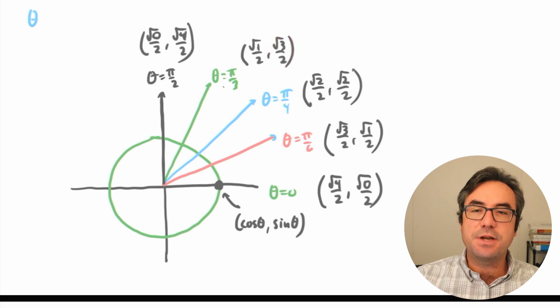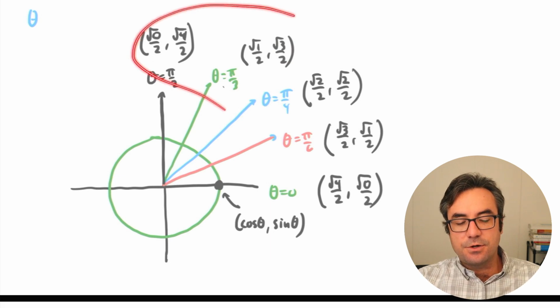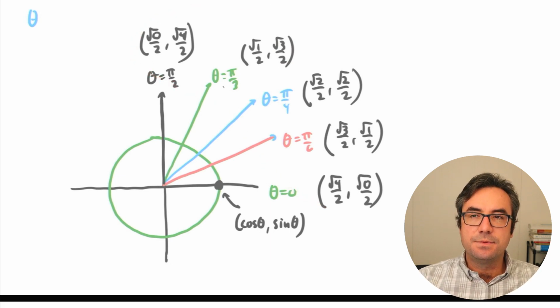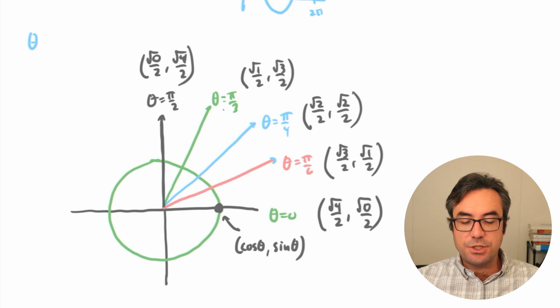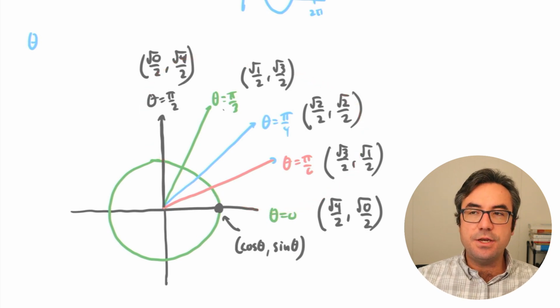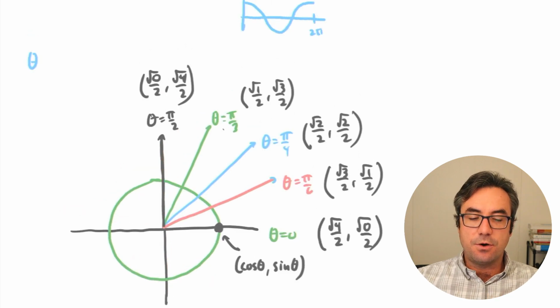So if you have a tough time remembering these different trig values, it doesn't hurt to use this to help you remember. Now the nice thing is, once you know these angles, then you can use symmetry to figure out the value of the angles in the other 3 quadrants. So